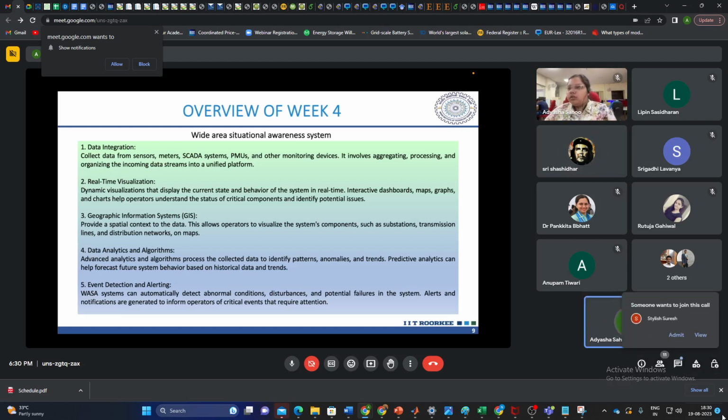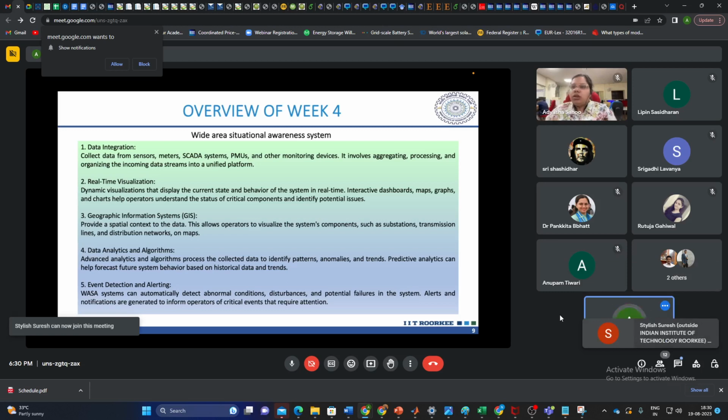Okay, I'll tell again. If the alert is for the regional equipment, let's say some disturbance has taken place only within the state, then obviously the actions will be taken. These data analytics will be carried out by the SLDCs. But if the disturbance is for some line that is connecting interstates or inter regions, then this will come under the jurisdiction of the NLDC at the central level. So similarly,